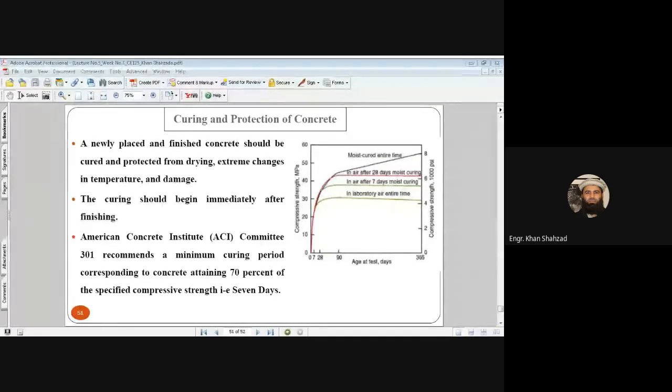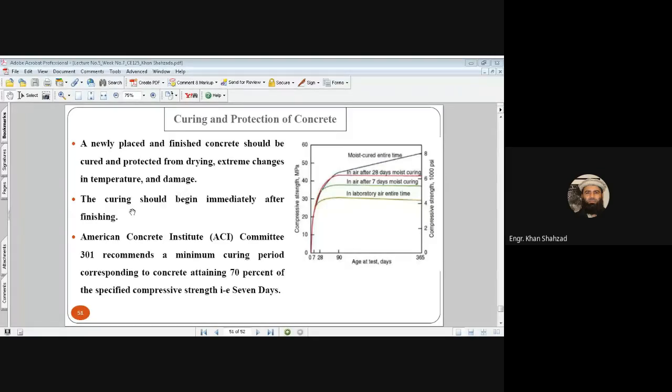Okay, so let's go to the last topic: covering and protection of the concrete. This is very important. A newly placed and finished concrete should be covered and protected from drying, extreme changes in temperature and damage. Once you have finished the concrete, then you have to cover it with the help of some sheets or bags, or you can adopt any procedure so that you can protect it from the high temperature and you can avoid the dry shrinkage of the concrete and the damage of the concrete from the animals or from some other